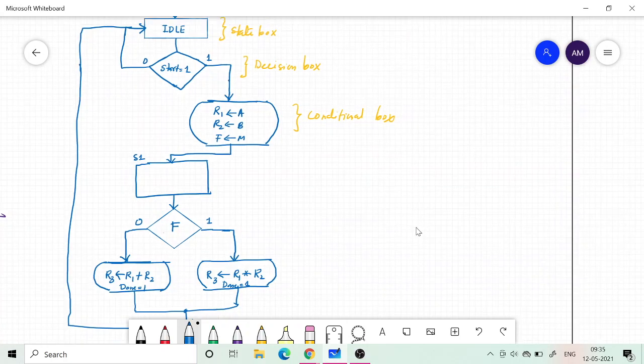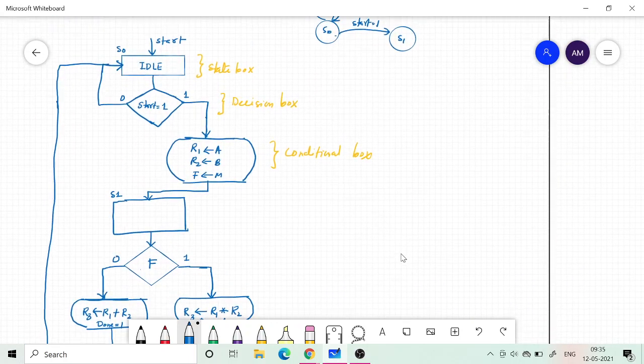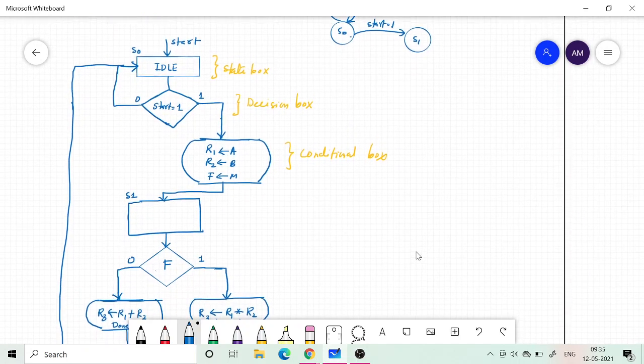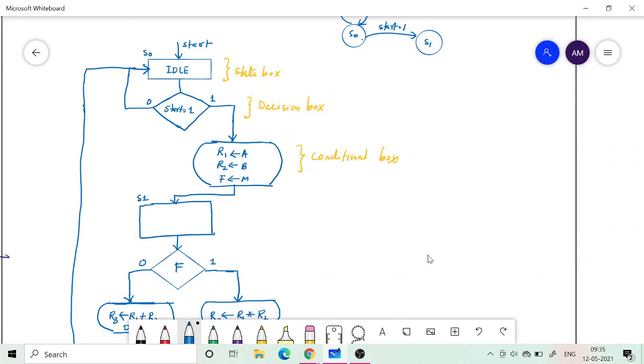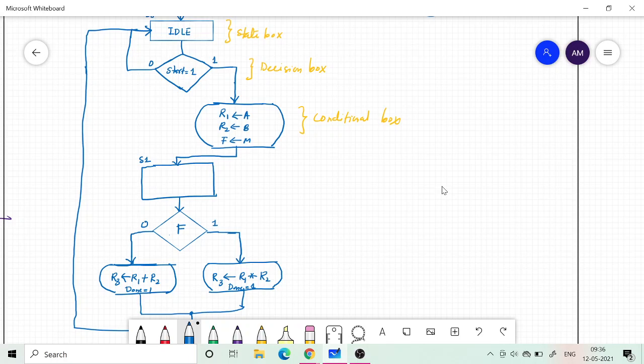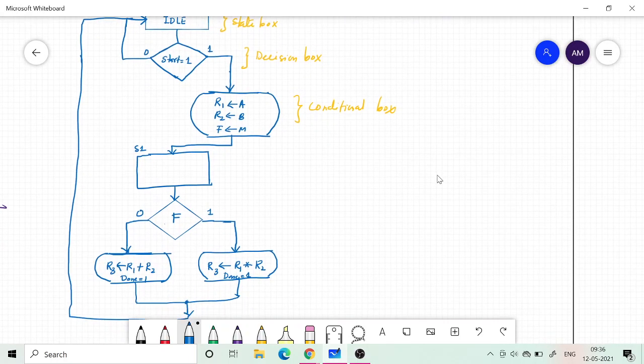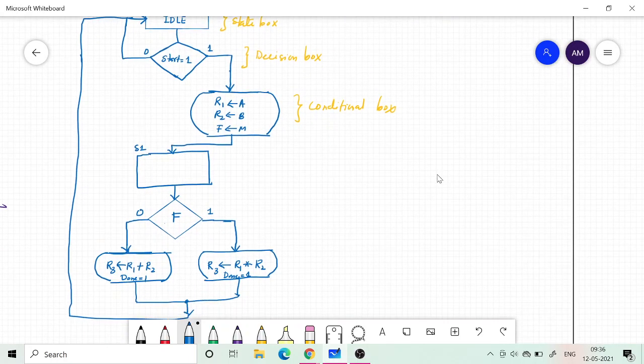So if I draw the state diagram, start equal to 1, I have gone to S1, and then when I am in S1, I check my F input, and if F input is 0, I perform the addition, but here I don't need to do that.